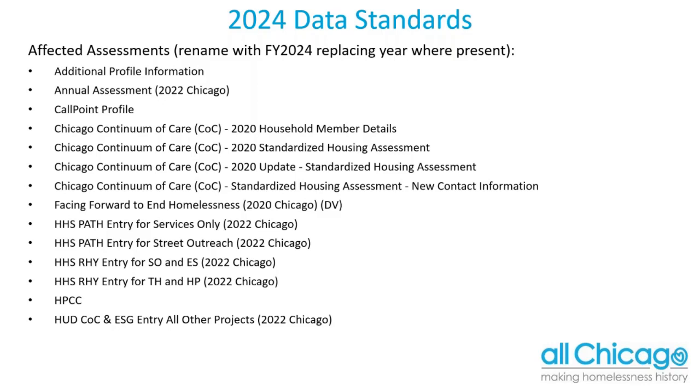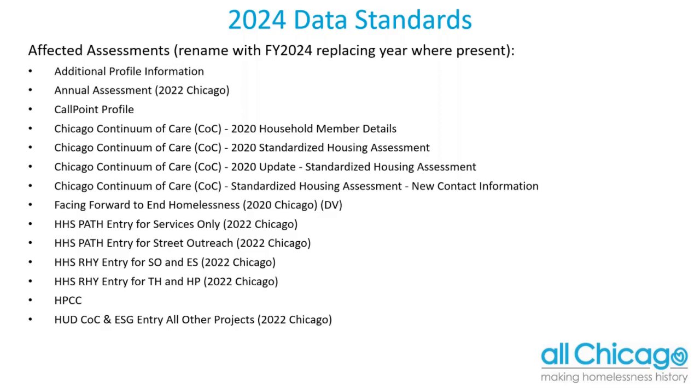So in the scoping that we've done in terms of the assessments that are affected, we have 2 slides here with a list of all of the assessments that will need to be updated on Sunday. There's a custom assessment called additional profile information, the annual assessment, our version of the one that HUD distributes, the call point profile, which is a custom assessment,